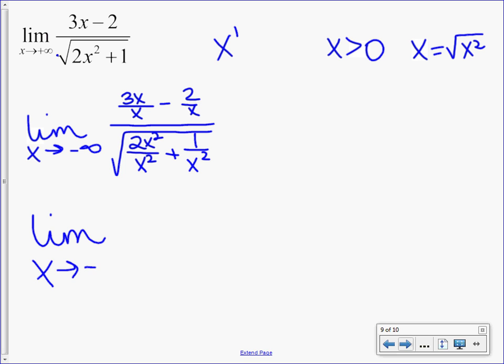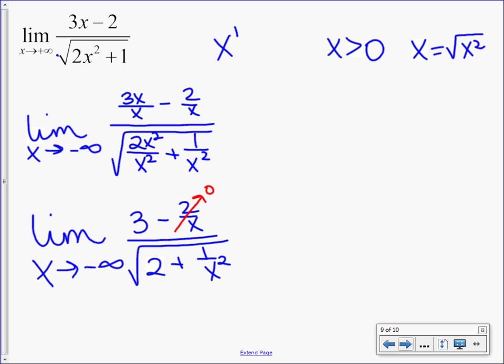So what happens? We have 3 minus 2 over x over the square root of 2 plus 1 over x squared. Here I have a constant over x, it goes to 0. Here I have a constant over x squared, it goes to 0. And we are left with